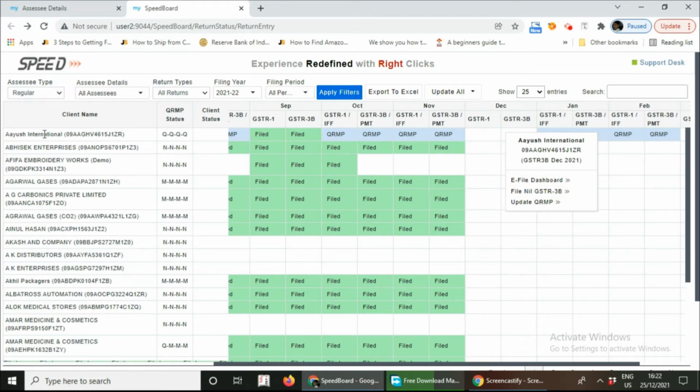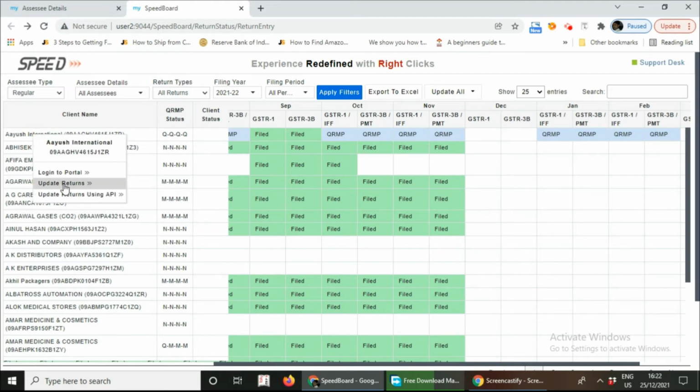Similarly, if you right click on the name of the SSE, then you can directly log in to the GST portal from here, instead of switching and clicking on Start SSE and selecting the calendar month. You can directly use the Speed Dashboard to log into the portal by right clicking on this SSE name.